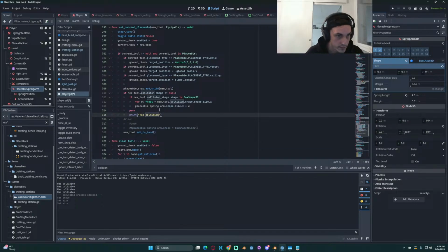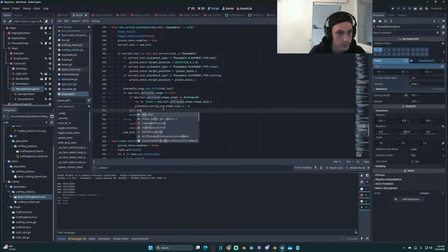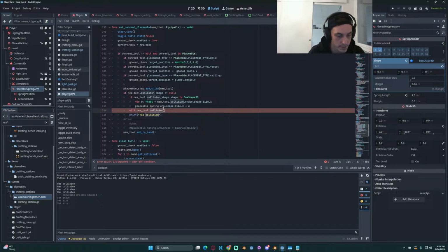We don't even need this. Then we could do collision shape. This does not feel like a good way to do it, but